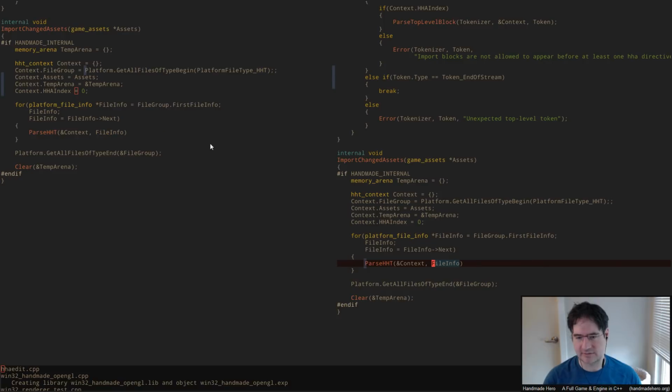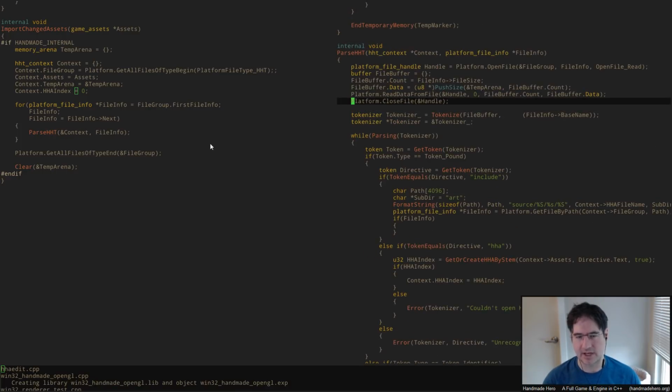So there's that context file info we've already got. So we just call parse HHT in a loop with that particular block. Inside here, we do parse HHT. We just tokenize whatever we got. If we want to do another file info here that comes by an include, we can. We just say, look, the tags file